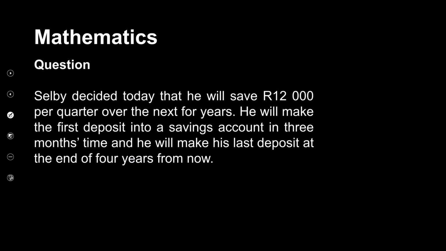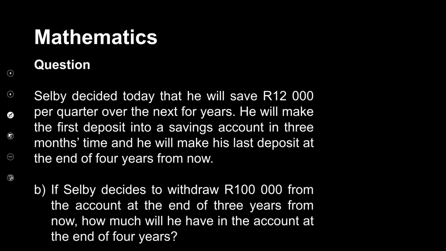Now from there, same statement, but now Selby decides to withdraw 100,000 from the account at the end of 3 years. How much will he then have in the account at the end of 4 years? So I want us to try and paint this idea on a number line. So there are payments of